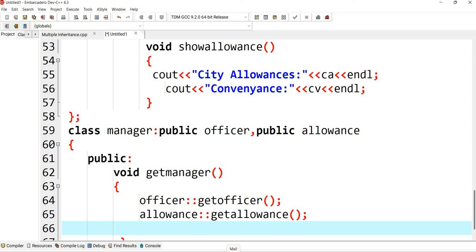Now I need to calculate this gross salary. So GS equal to S dot H plus D plus CA plus CV.